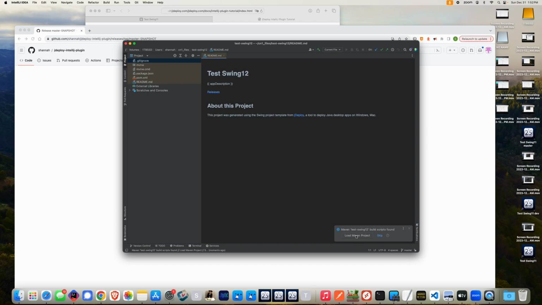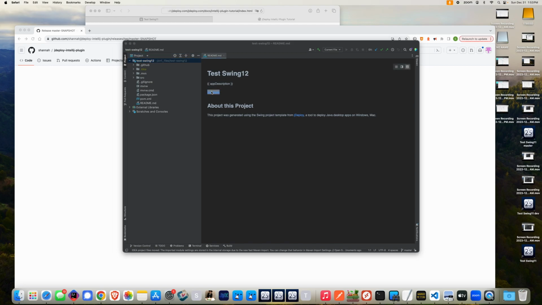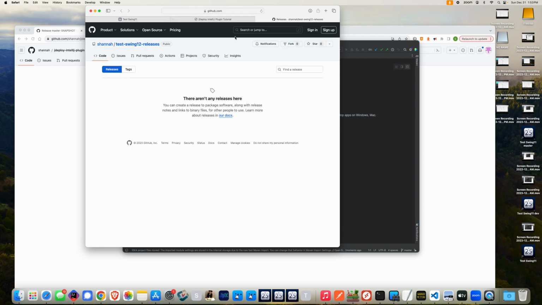So it's recognizing this is a Maven project. I'm going to click on that so that it'll load it up. And there it is. It seems to have processed it. Now, if we go to releases, okay, there aren't any releases yet, but you'll notice that when I clicked on releases, it went to